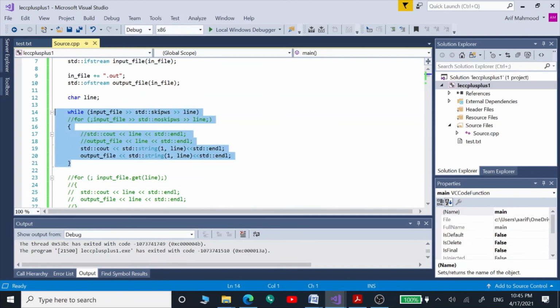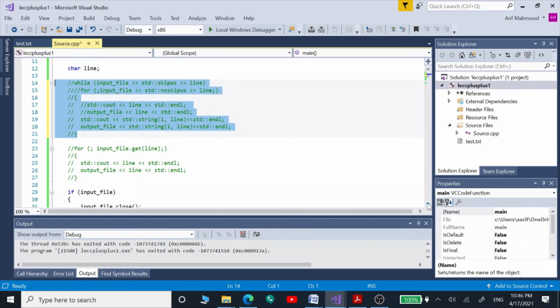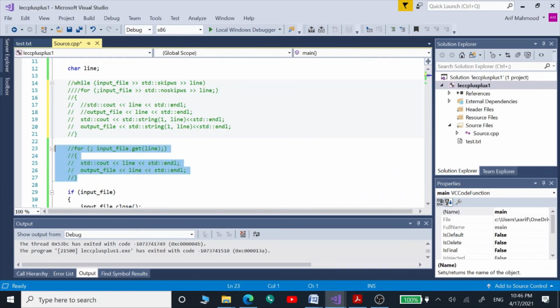So now let's skip these lines, and I'm going to show you that we can use another function to read out the contents of our input file.